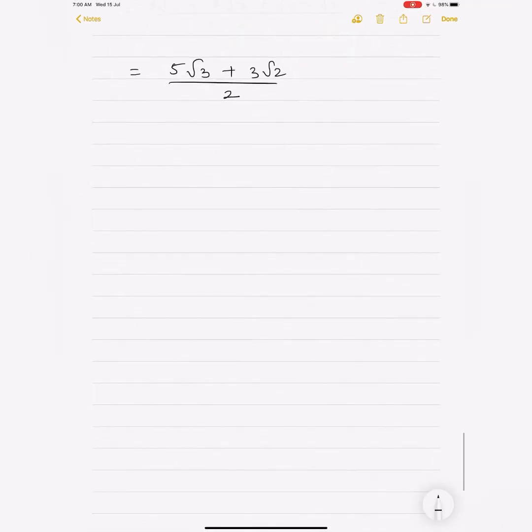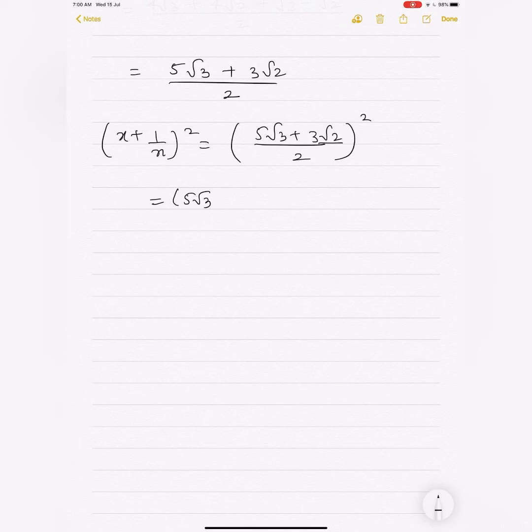Okay, but there is one more part to the problem. They also ask us to find x plus 1 upon x, the whole square. So how are we going to do this? We just write 5 root 3 plus 3 root 2 upon 2 the whole square. Now 5 root 3 plus 3 root 2 the whole square. So what will this become now? So it will become a squared plus